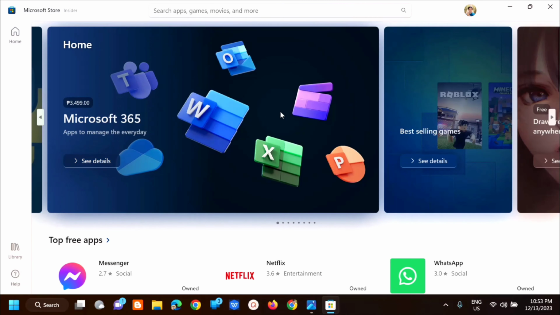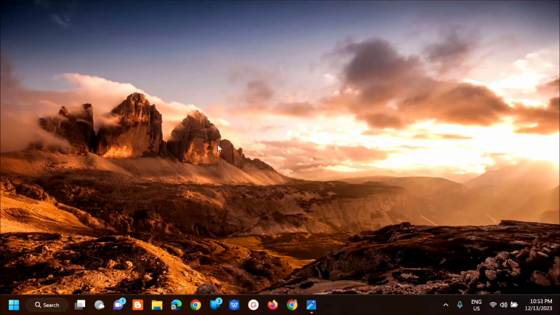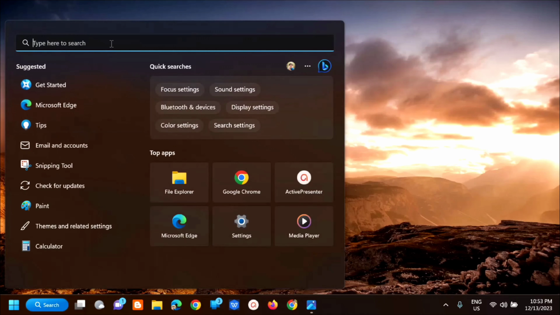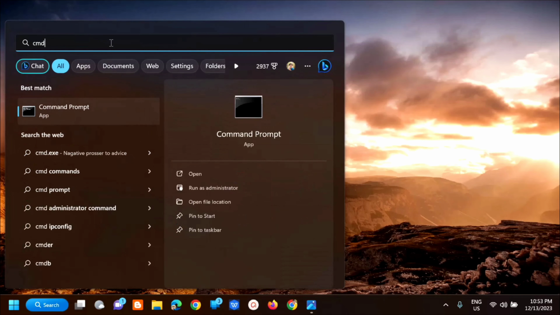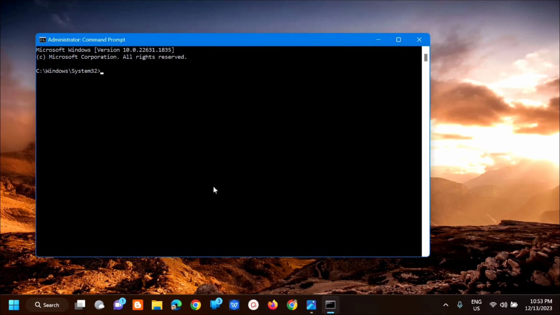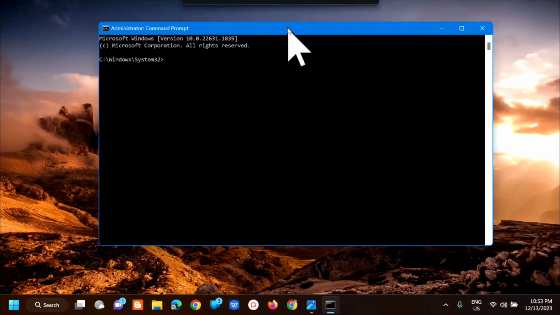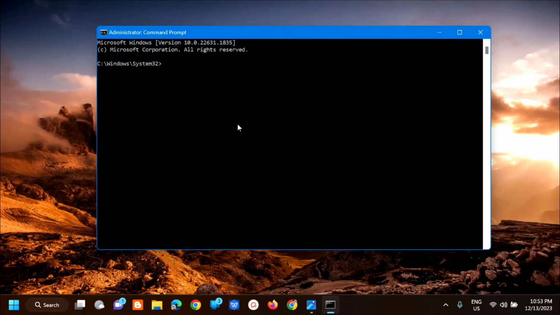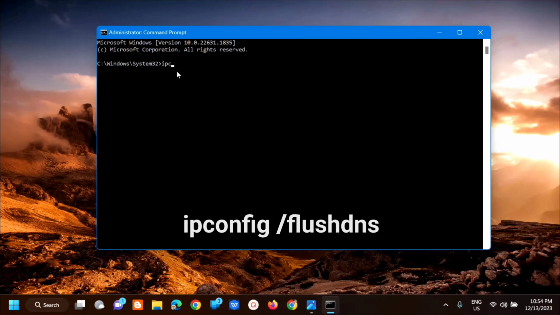Okay, in case hindi pa rin naayos yung error, so pwede natin gawin ang next solution. So dito lang sa searching bar ng ating computer ay type mo lang dito yung CMD or ito yung tinatawag na command prompt. And then next ay kailangan mo lang select dito yung run as administrator. So dito sa administrator command prompt ay kailangan lang natin i-enter yung command keyword na ipconfig